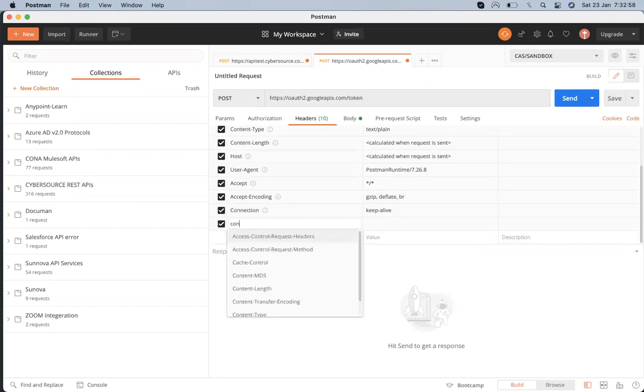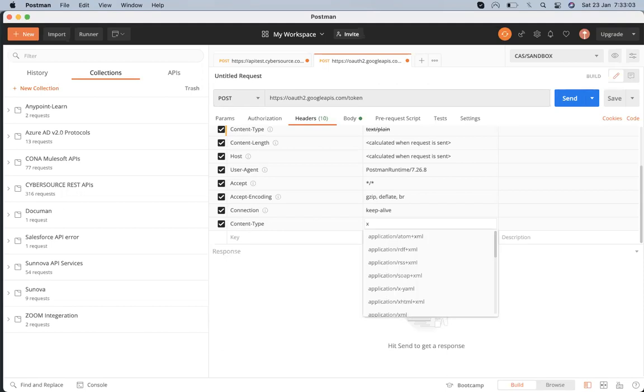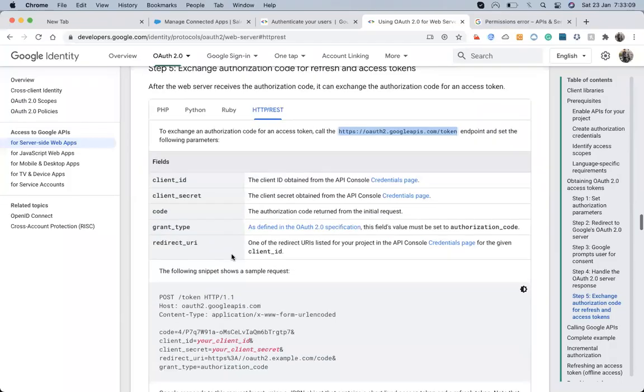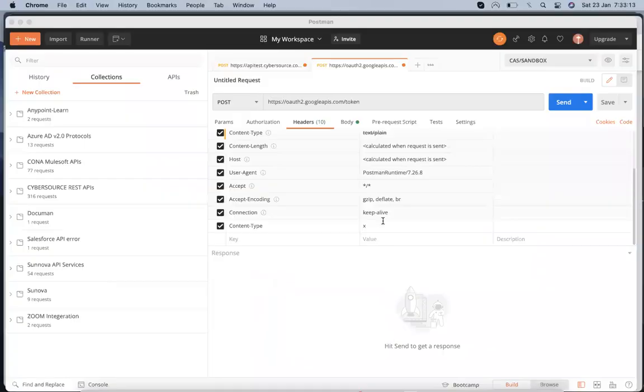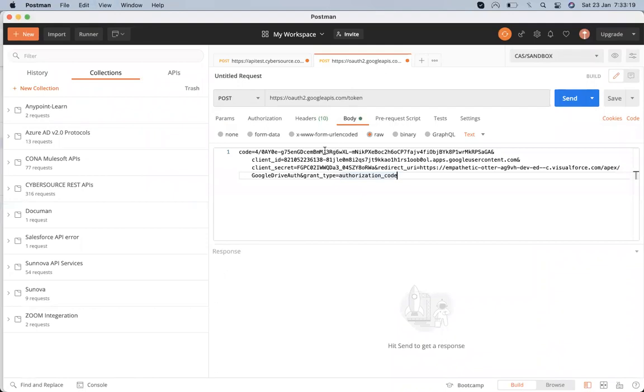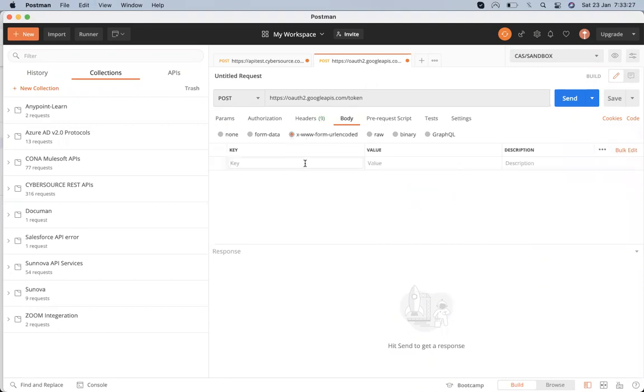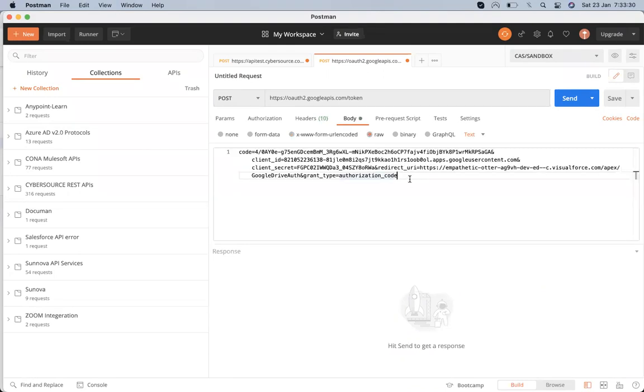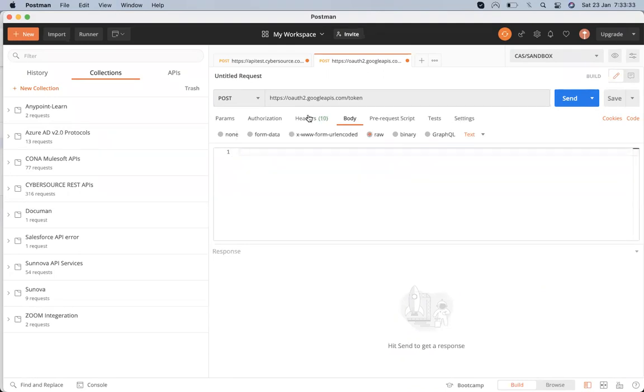And the content type should be x-www-form-urlencoded. It's not behaving very well, so let's do it via here.